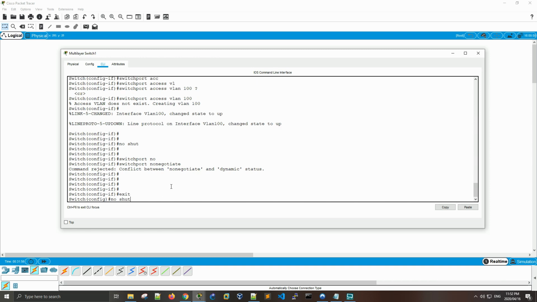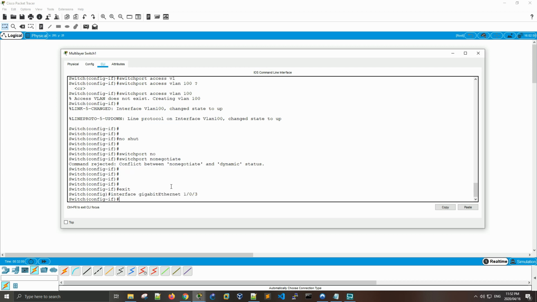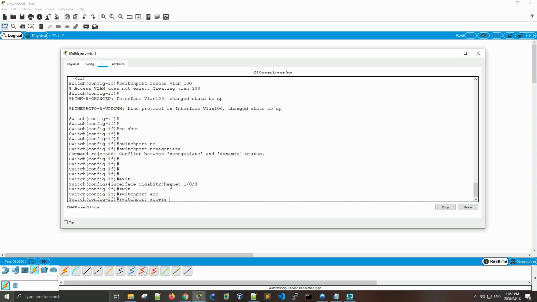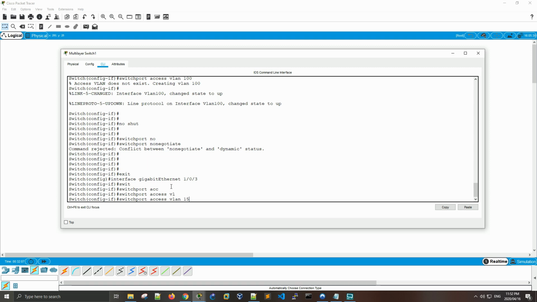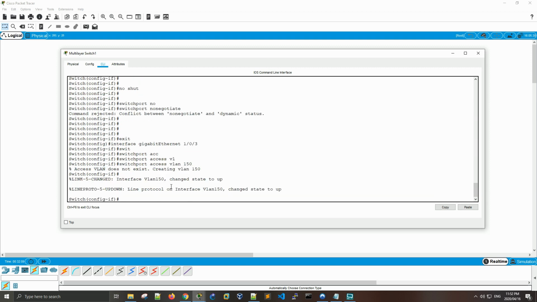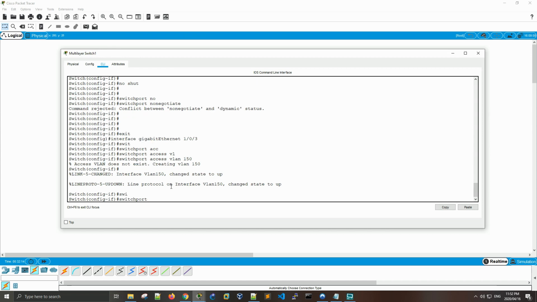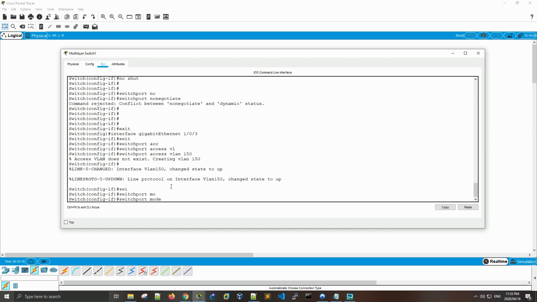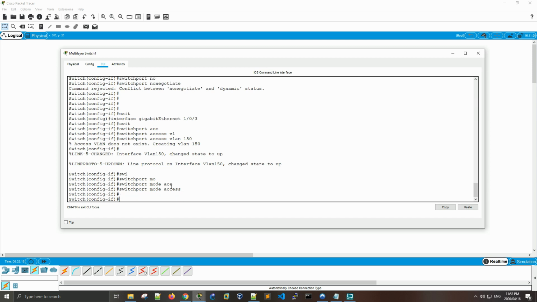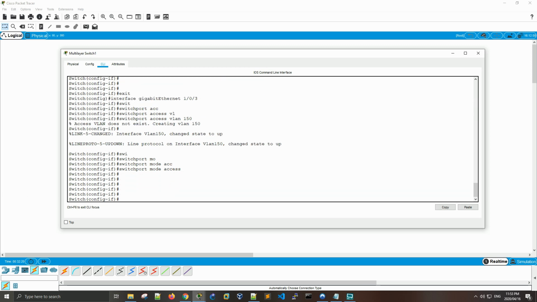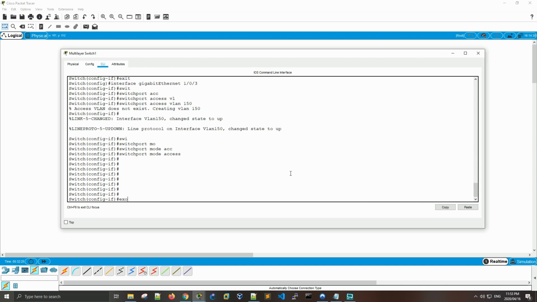Then we can move up to this one. We can say switch port access VLAN 150. Okay, and then we can say switch port mode access, and that should do it. Okay, so we can say end here,